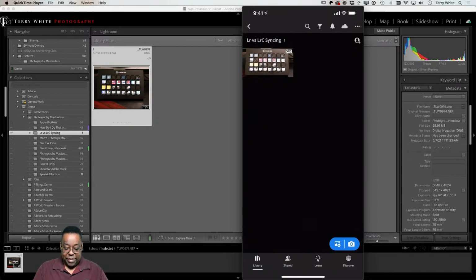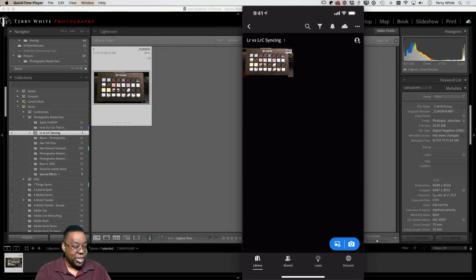So again, I get out of it. As long as you're editing, it won't sync. So once you're done and you back out of the editing, it will sync the metadata changes. And then those metadata changes will make their way up to the cloud, usually in a couple seconds because it's just metadata. And then Lightroom Classic checks in on the cloud every few seconds, so it doesn't happen instantly. But once it checks in on the cloud and sees those metadata changes, it will then apply them to the photo that's already in Lightroom Classic on your catalog, which it just did. Now you just saw it happen that time.